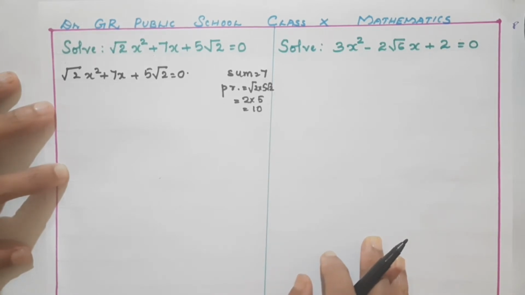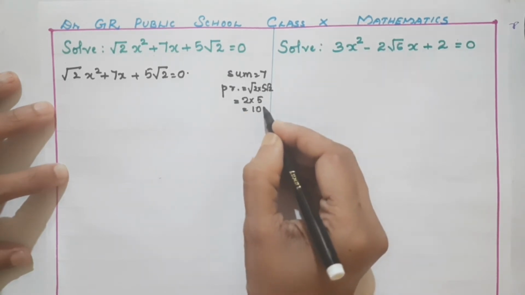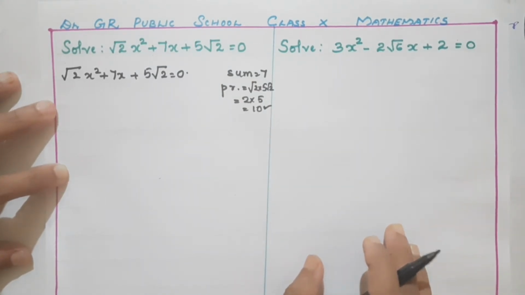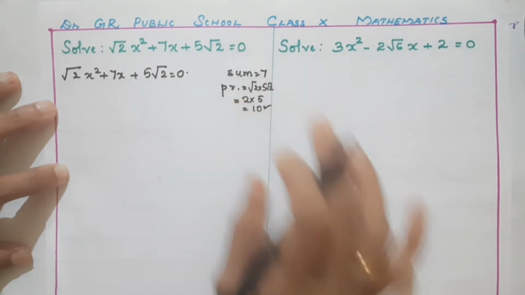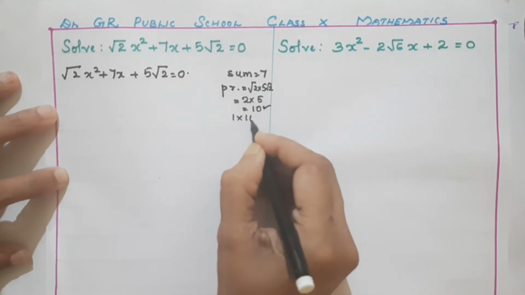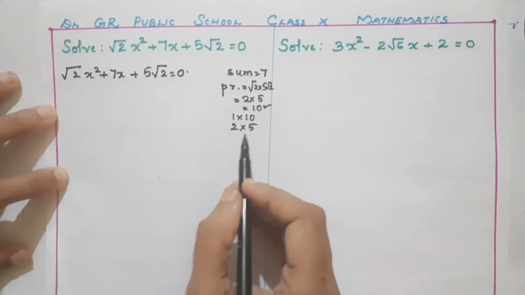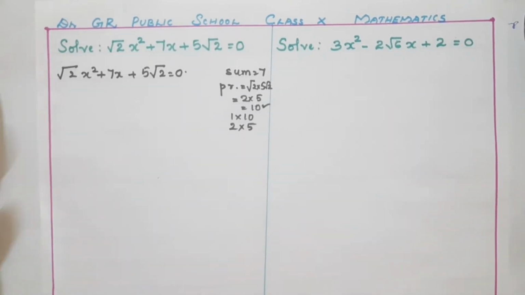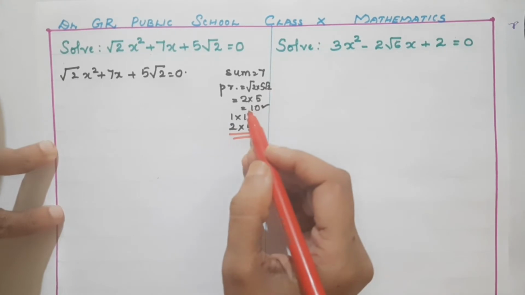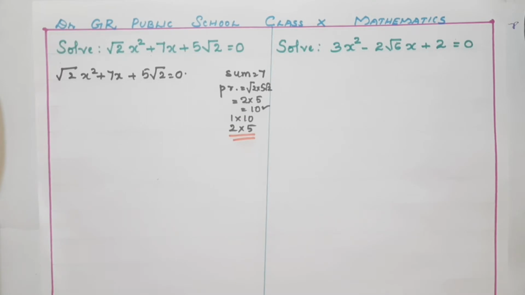Okay. So how will we get the number? So what do we have to do? We have to check the factorization of 10. Here both are positive. So no need to think about this sign. If both sum and product are positive, we have to consider only the positive numbers. Factors of 10: 1 into 10 or 2 into 5. Okay, which can be taken for getting sum 7? Yes, 2 and 5. If both sum and product are positive, we should not consider any negative number. So 2 and 5 we can take.